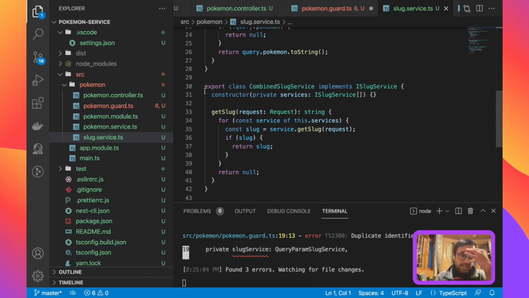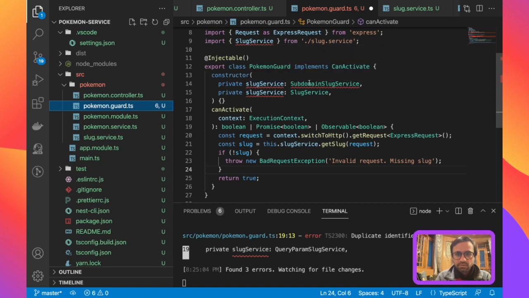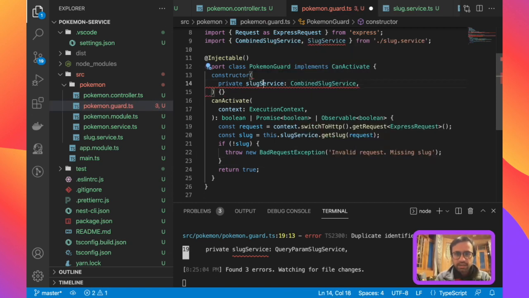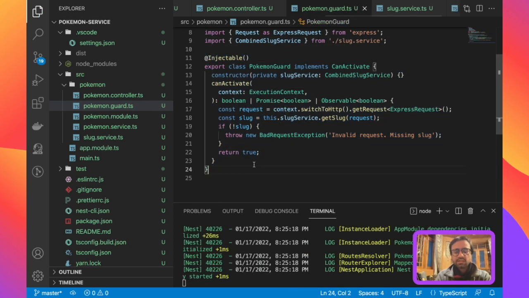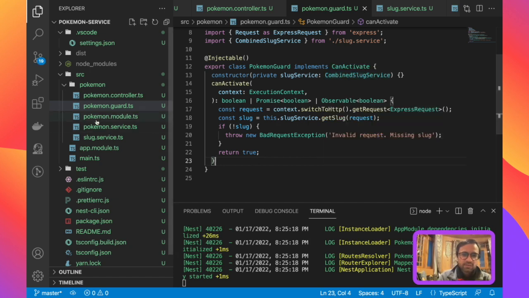We can keep that on combined service, I think. But anyway, let's just check. So we go to guard, and what we will do is just use the combined service here. And this is just brilliant. It is actually just a brilliant piece of abstraction that we have. It doesn't need to know which service underneath it uses, and